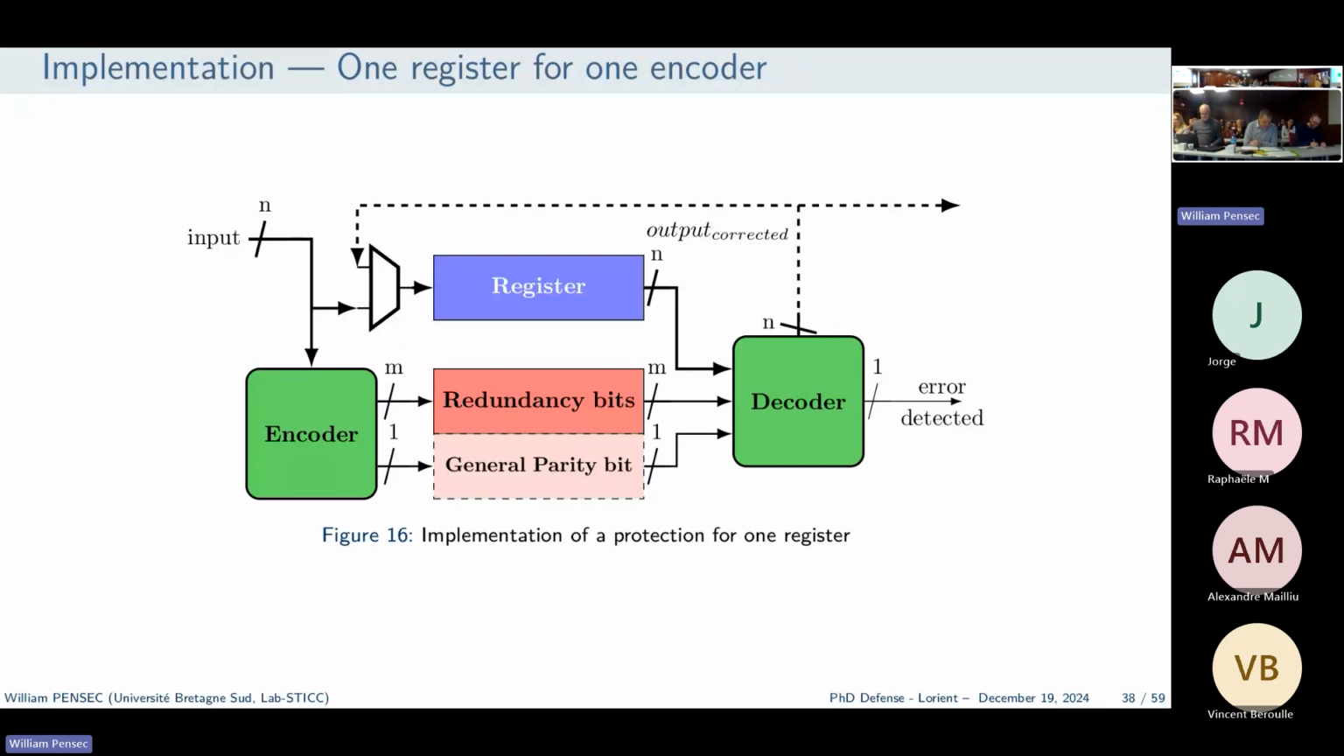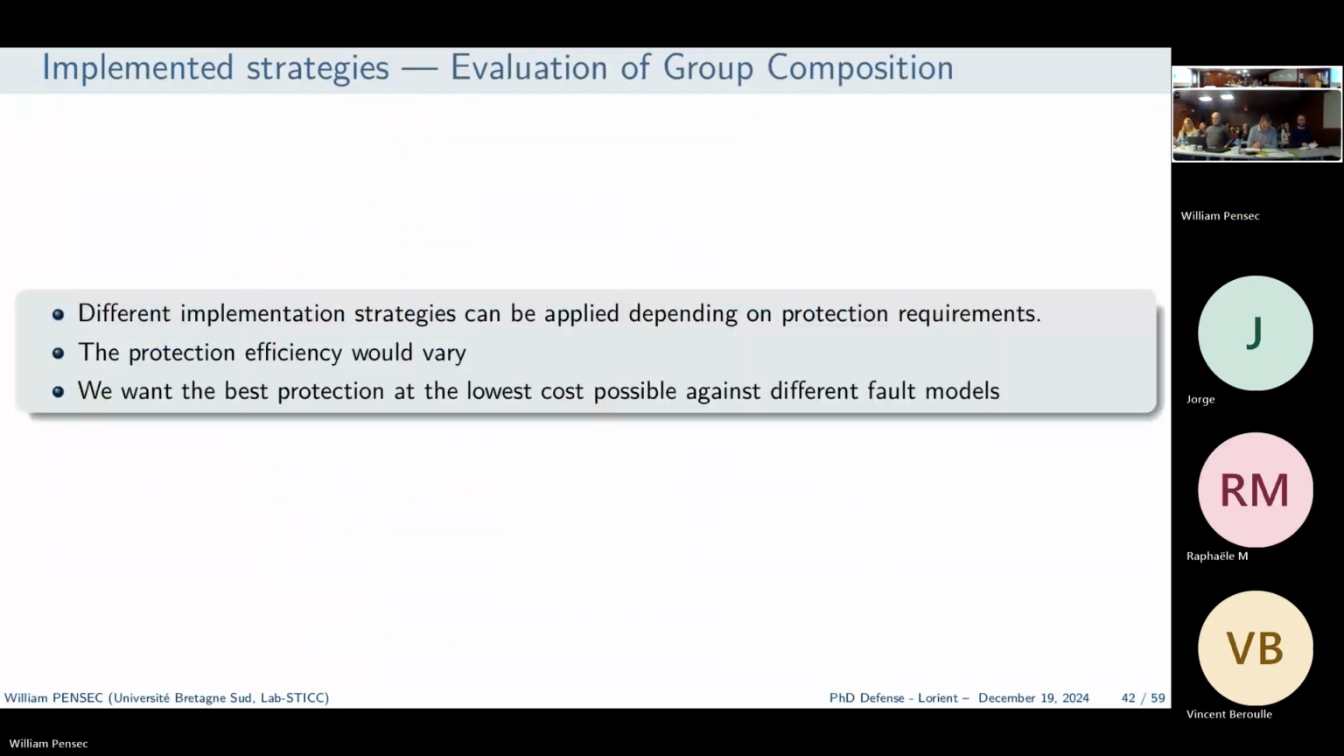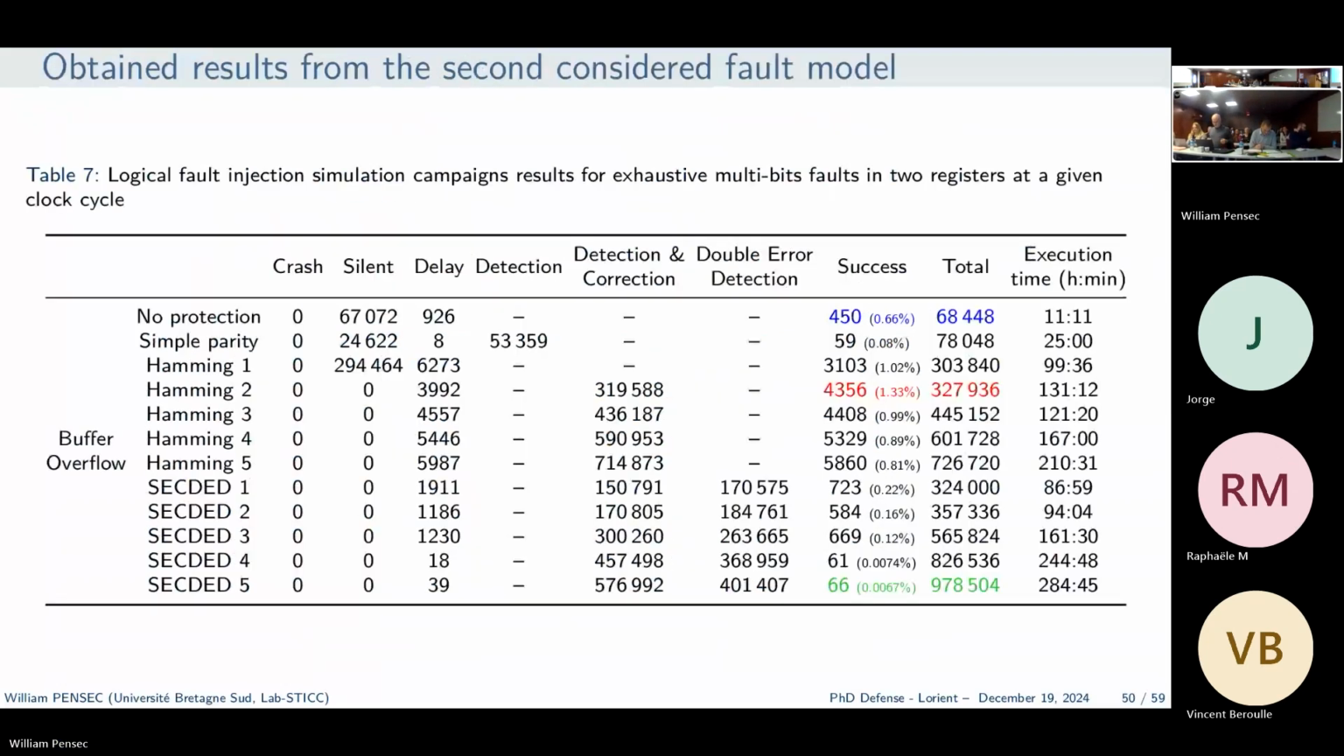Can you go to slide 50, please? This one? Yes, it shows the success attack rates for different protection schemes. In case there is no protection at all, you have 450 successes. And this is for multi-bit faults into registers. Yes. Okay. And it shows that